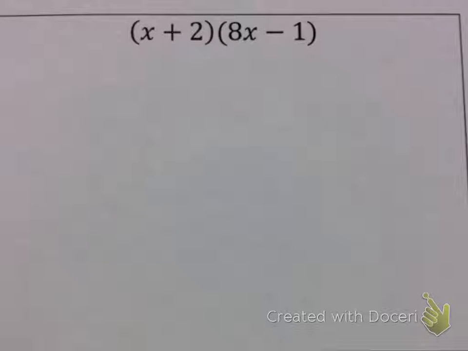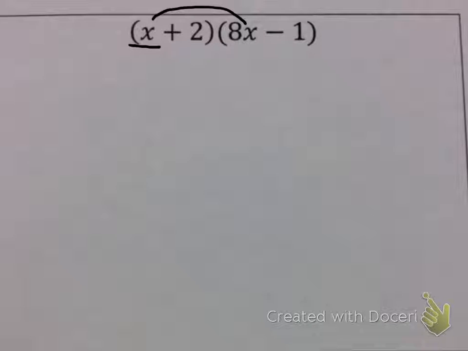Okay, on our next problem, we are still going to distribute like we did on the last one. We're just going to call this the distributive property on steroids, because this x right here has to go to each term, and this 2 right here also has to go to each term. So we'll just start with this x, and we'll distribute this x to the 8, and when we multiply, we're going to take our